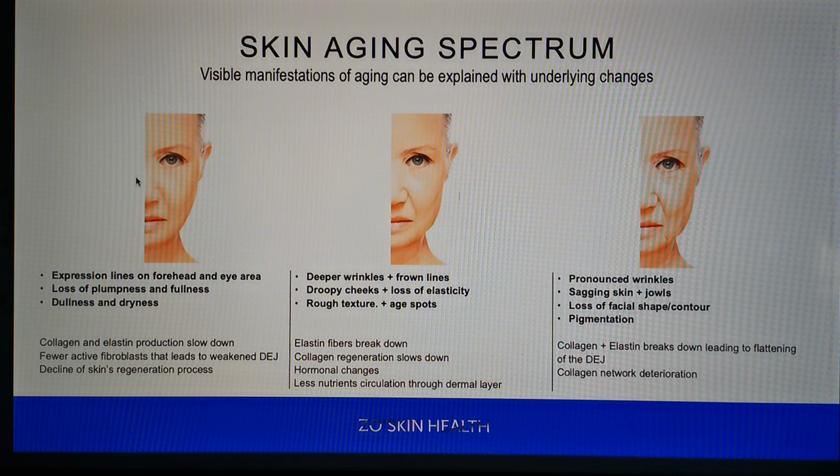So now, one of the key things that we like to coalesce all of that together to understand is why we have these different products or different tools for the practitioner's toolbox. And it's based on something we've heard for close to a decade. I can tell you that I've heard from practitioners everywhere around the world that I've spoken to, since I've been with Zeo Skin Health, that I have to have the right tool for the right job. And so this is what we've endeavored to do through our anti-aging solutions,